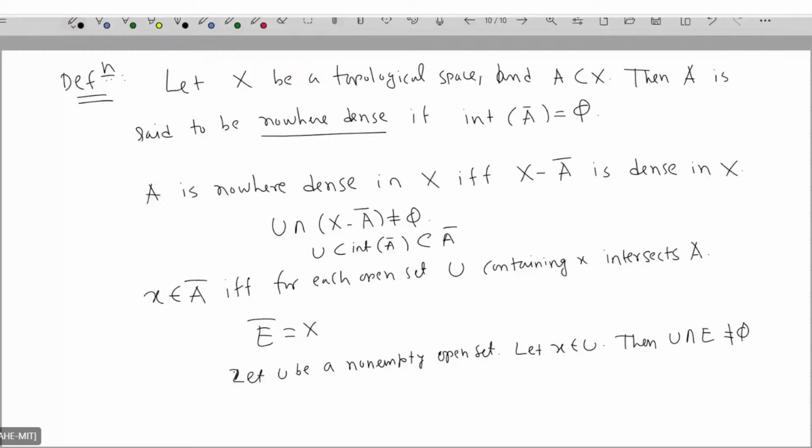And the other way, if A is nowhere dense, then X minus A closure is dense in X. Because whatever open set you choose, it is not in the interior of A closure. So that means it must intersect